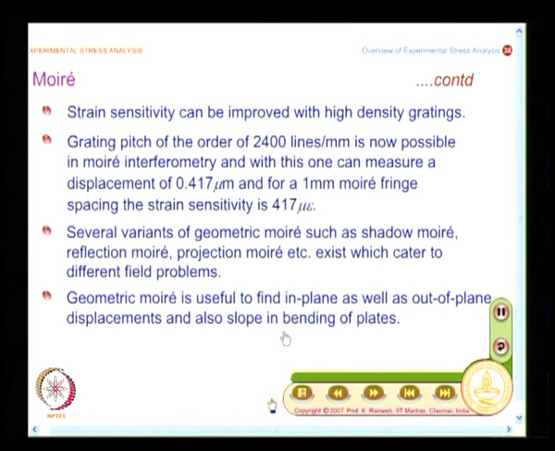So, you have to use a particular kind of moire for a particular application, like you use reflection photoelasticity for the prototype analysis. You will also use, if I want to find out of plane displacement, I will go for geometric moire, I will go for shadow moire, and then if I want to find out curvature or slope, I will have to use appropriate moire method, and if I want to have finer and finer measurement, I will go for Moire interferometry. I can go for very small measurement of strain. And do you have any questions at this stage?